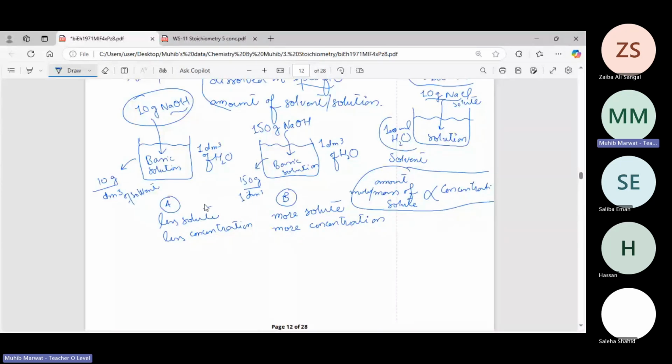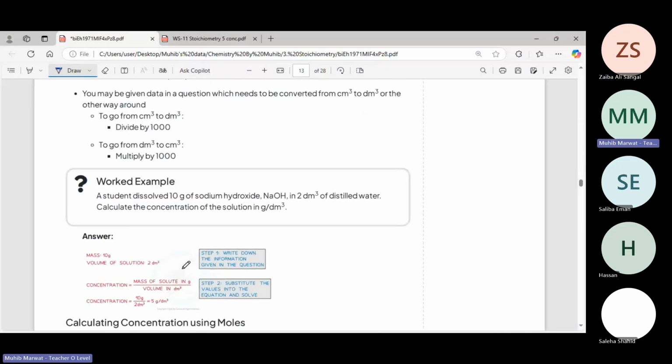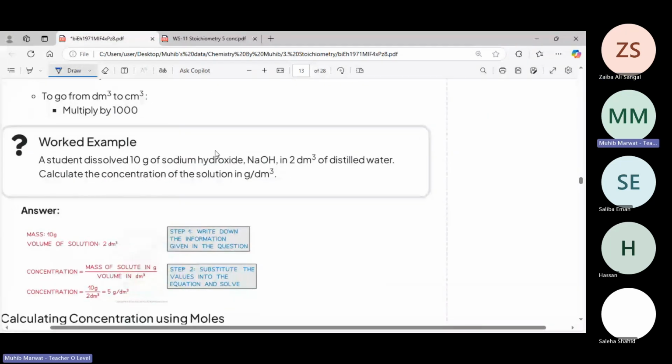Similarly, 1 dm cube of solvent, because we have taken 1 dm cube of solvent, right? Now we are going to do the simple concentration numericals. We have been given the mass in gram of solute and the volume of distilled water. So we will have to calculate the